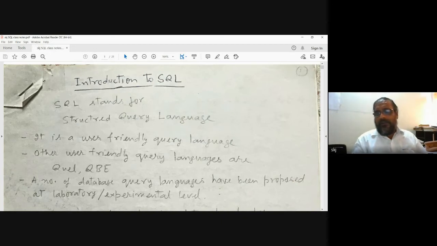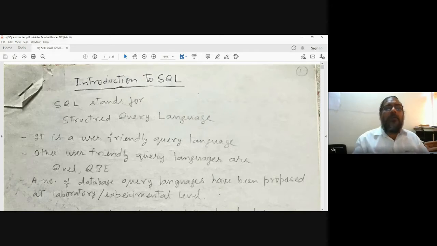So today we shall discuss how we write queries, how we use this language to define data in a database, to create a database. Then how we write queries or statements by which data from the database can be retrieved, or how data in the database can be modified. So that is the objective here.